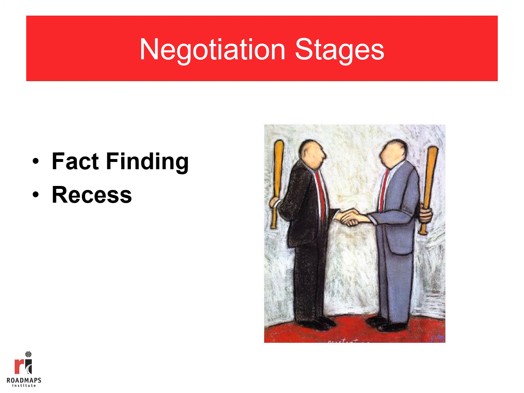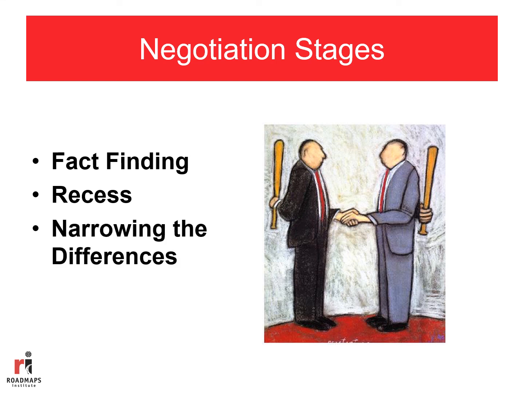So the fact-finding and recess could actually be iterative, especially for projects which have very high returns and high costs. You might have fact-finding, then recess, then fact-finding again, and then recess, and it might be an iterative process until you get to the point of narrowing the differences. And this could be the end of the negotiation,